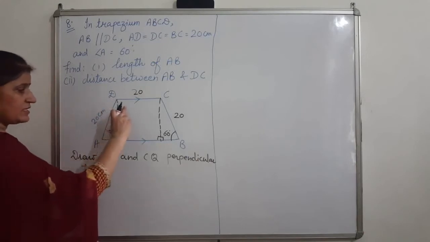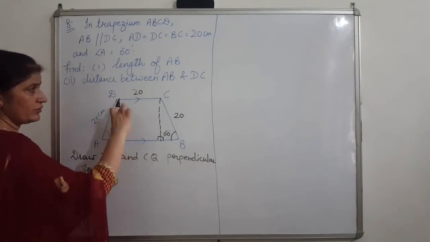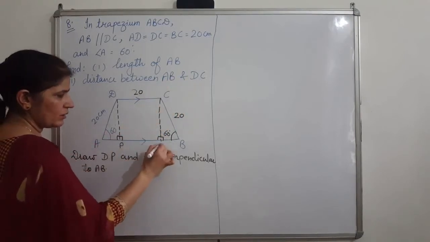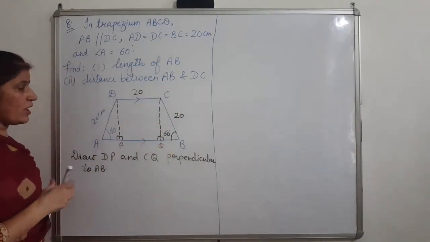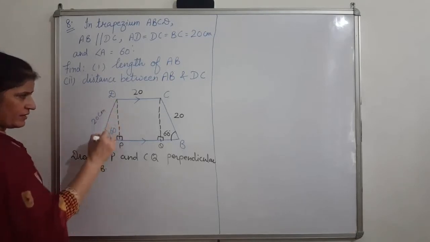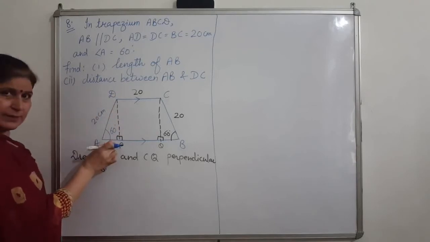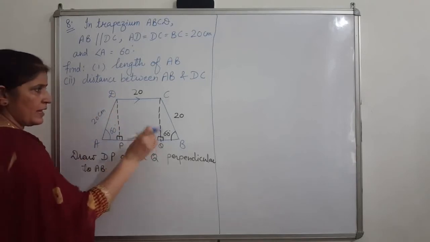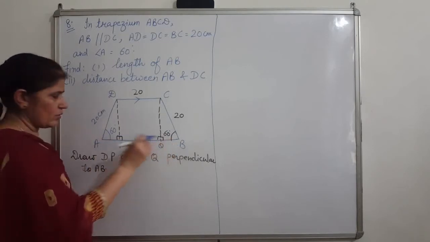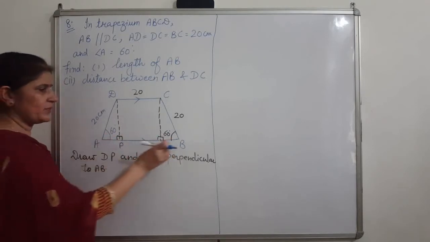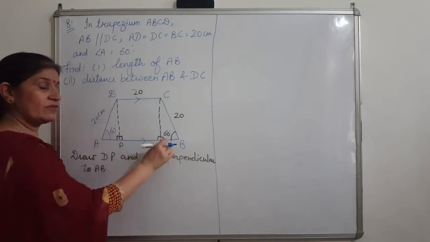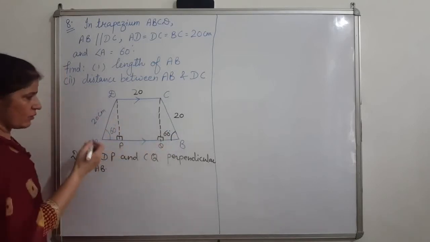That means this is the length, or the distance, between AB and DC. They both will be equal. Understood here? So now next step. You can take this triangle and find out AP, and in this triangle find out BQ. Have you calculated differently? No, because whatever length AP comes, the same length will be of BQ. So we calculate in one triangle and we will write the same here. You just see now how.